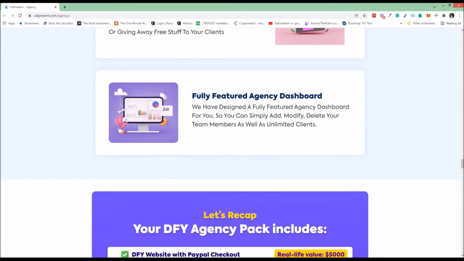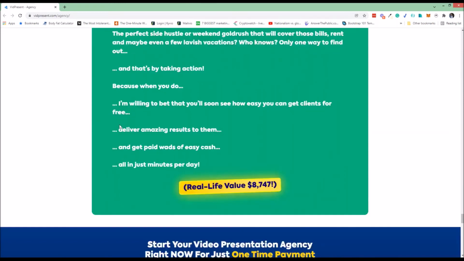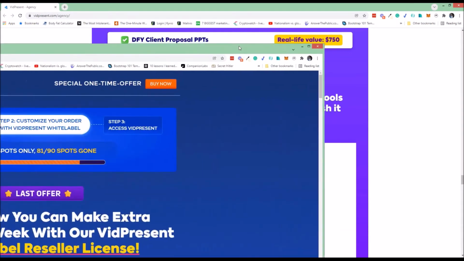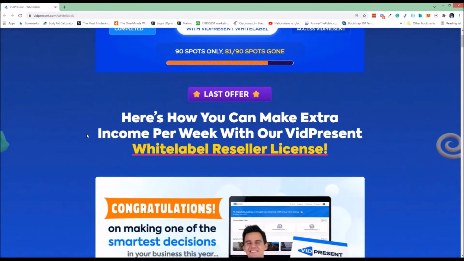Okay. Plus, you have a fully featured agency dashboard as well. So again, all of this is included for you, and this is, like I said, $97. Then, on top of that, the next upgrade that people will pay for otherwise, which you get for free, is